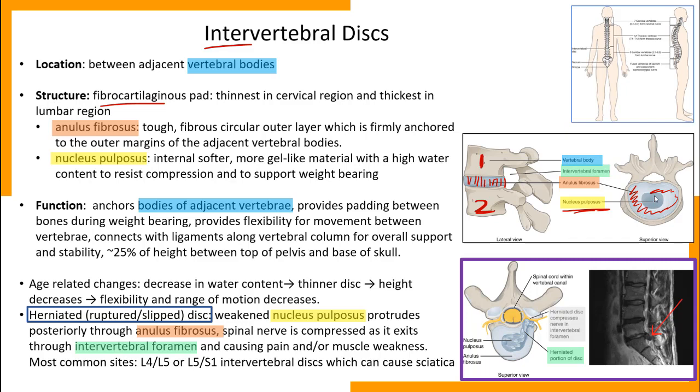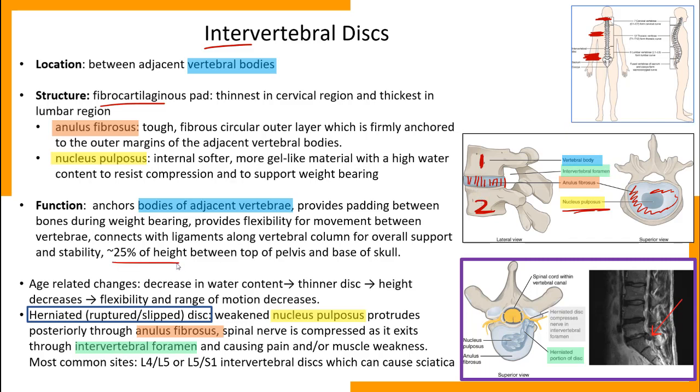On the outside is a harder layer, the inside is softer. When we look at the thickness of the intervertebral discs, it is very thin at the cervical level, a little bit thicker in the thoracic vertebrae, and then it's very thick when we get down to the lumbar vertebrae, right? So the function of the intervertebral disc, as it says, is to connect bodies of adjacent vertebrae,